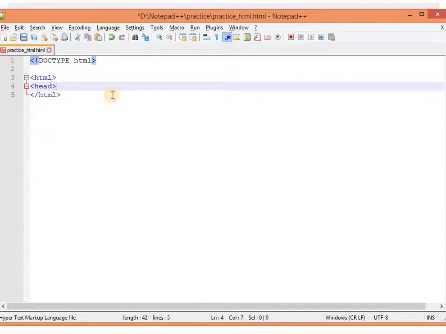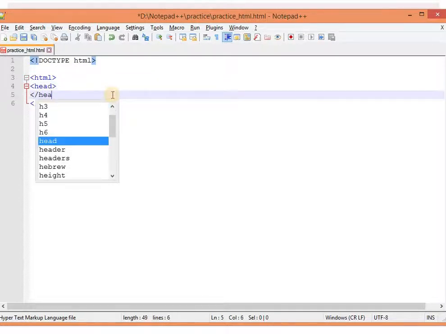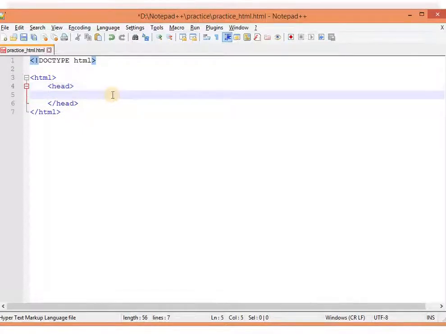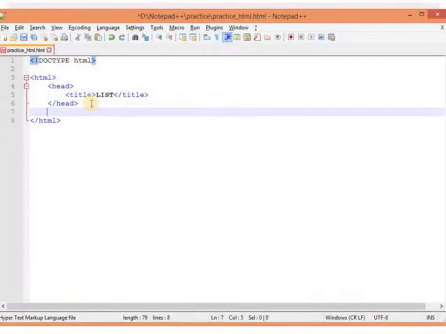head, closing head. Both should be indented like this because we are creating nesting of elements. Okay, inside this, title, now example, only list. Okay, this is the title of my web page. Okay, our head section is completed. After that, body,